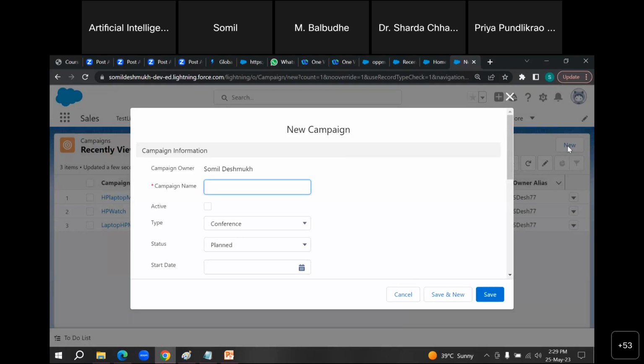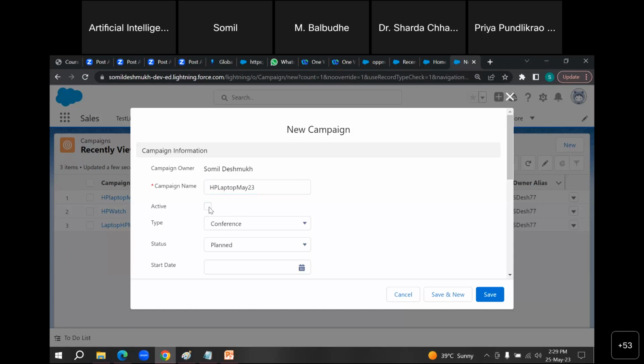Suppose I'm saying HP laptop. So HP laptop May 23. This is my product. Whose campaigning I want to do it. So the campaigning information you need to put here. Okay. So campaign name would be HP laptop May 23.